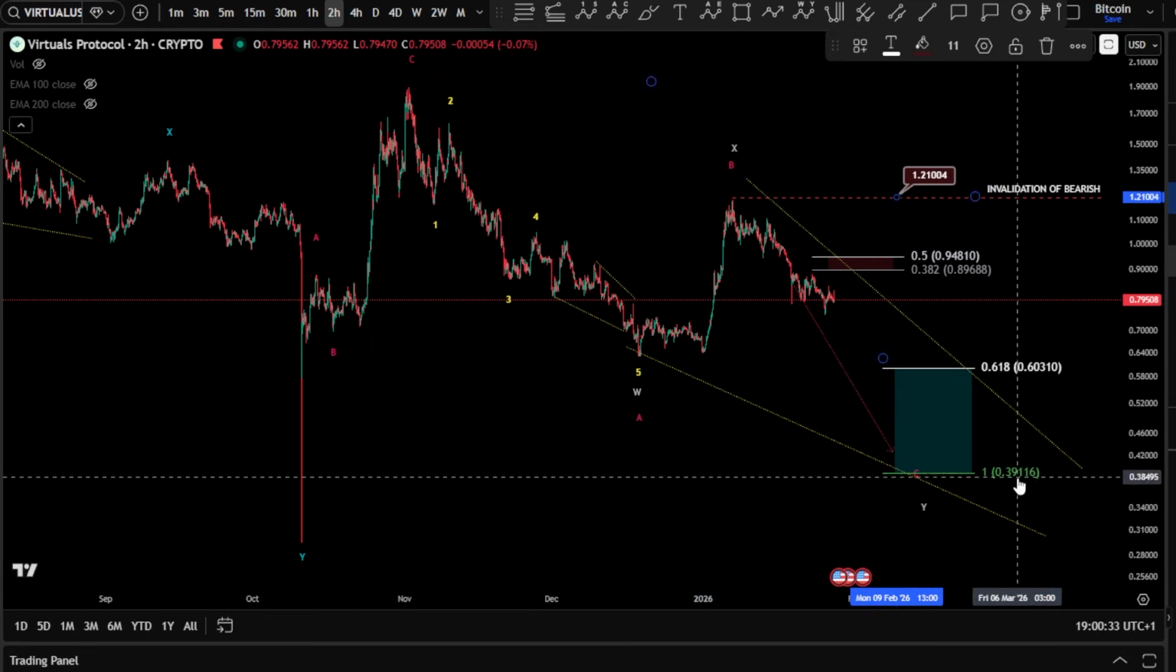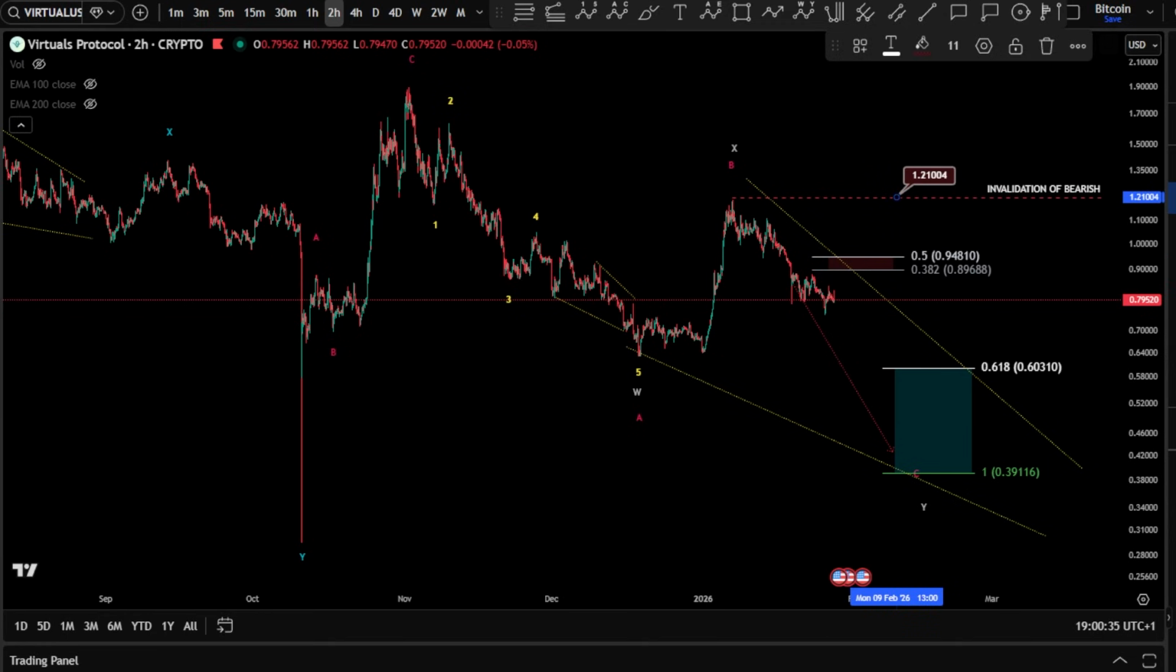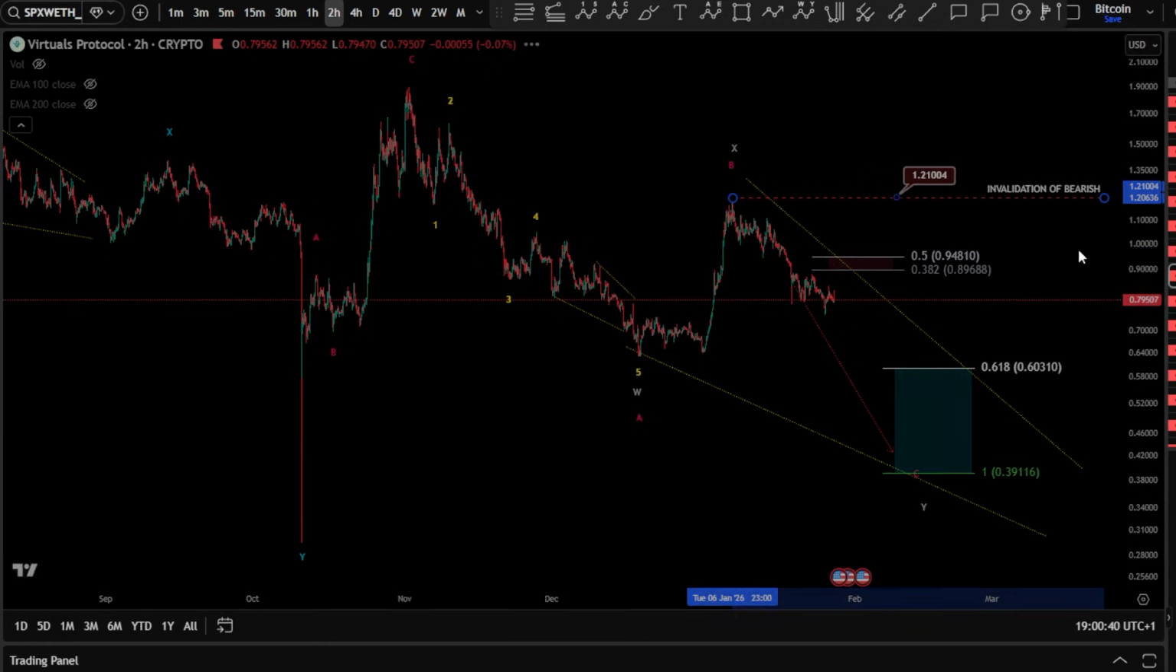Yeah, so target still $0.40 and around it for Virtuals. Yeah, so that was it for Virtuals. Let's move for